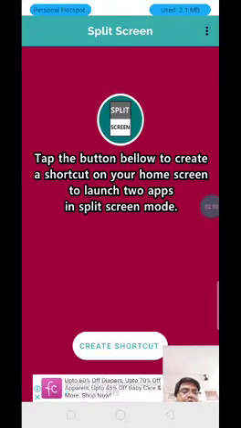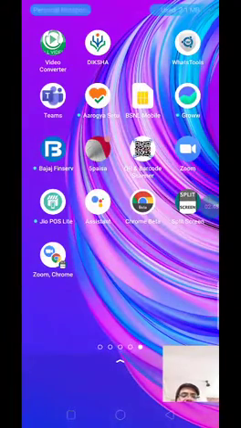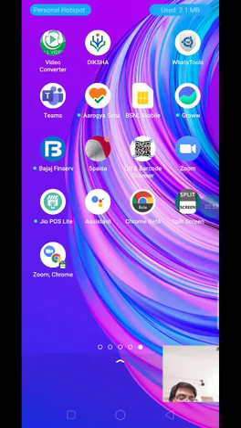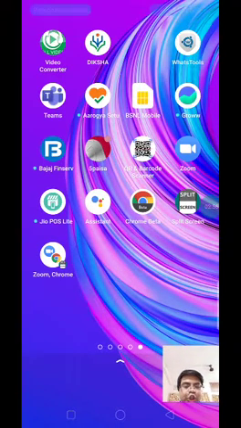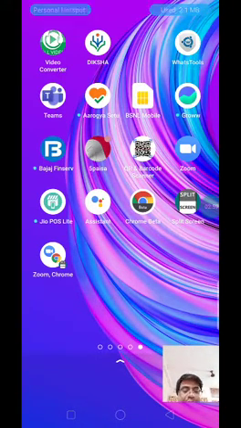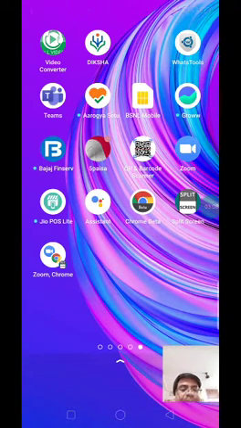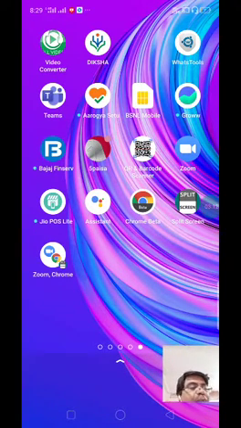When you click on add, you will get one icon. You see, I am showing, the last one, my dear. It is showing Zoom Chrome. It shows that this is an app which will have two apps. The first one is Zoom, another one is Google Chrome. It will have two apps in one, so that when you open this app, you will get your Zoom as well as Chrome.